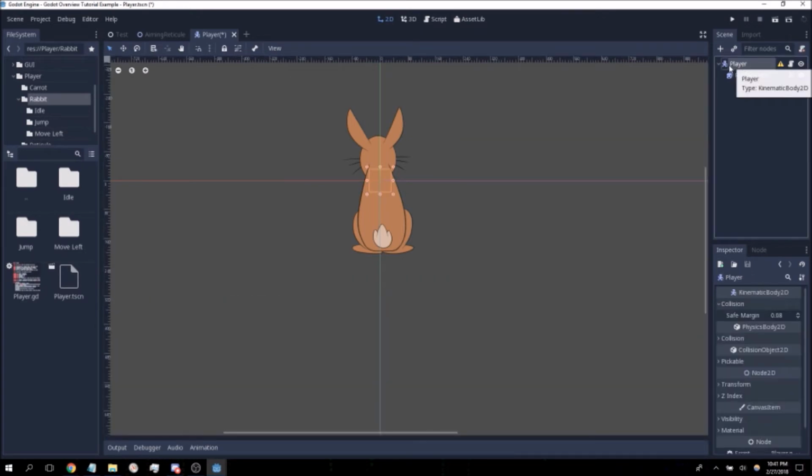Because the character is a kinematic body 2D, which as you can see here is a physics object, we want to give it a collision box so it can interact with other physics objects. Now I'm not going to go super in depth into the physics engine of Godot, but I can mention that there are 4 basic types of physics-enabled objects: the kinematic body, the rigid body, the area 2D, which isn't technically physics-enabled, but it is part of it. It's part of collision,